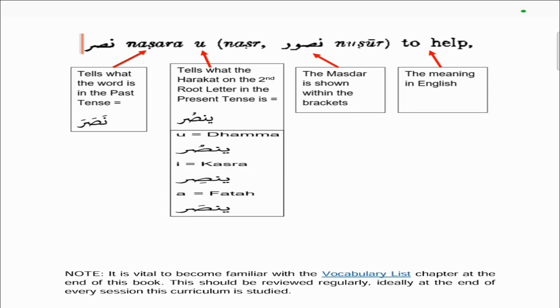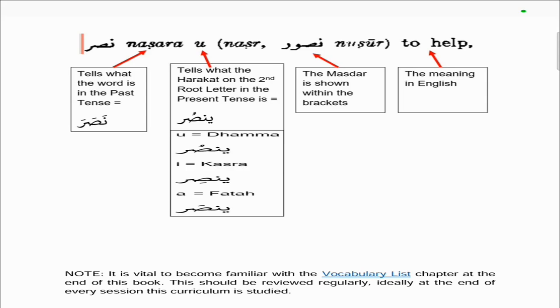So bear in mind, we already know, because of the sarf that we've memorized, the template that we've memorized, that in the present tense, the ya will have a fatha, the first root letter noon will have a sukoon, and the last root letter ra will have a dhamma. So the only thing we don't know is what the second root letter has, whether it's fatha, kasra or dhamma. And that letter that you see that says a U will tell you what that